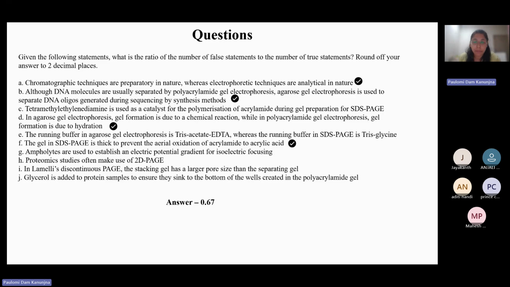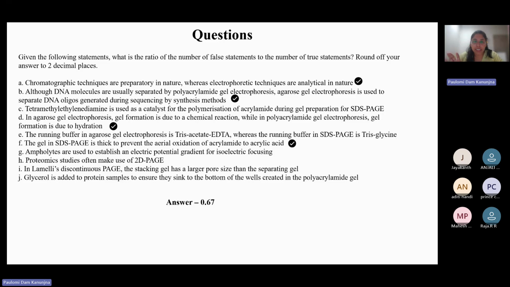So that's why this is a false statement, because here it categorically says that one is used for preparatory while the other is simply used for analytical. That's not correct. That's why it's a false statement. Next, it says, although DNA molecules are separated by PAGE, agarose gel electrophoresis is used to separate DNA oligos generated by sequencing by synthesis. So,